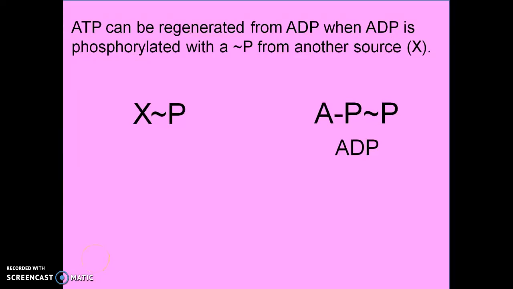Hey, this is video 2 of photosynthesis. We were talking about ATP, energizing molecules. So what happens to that AMP or that ADP once it runs out of the high energy phosphates? What happens? Well, ATP can be regenerated from ADP when ADP is phosphorylated with a high energy phosphate from another